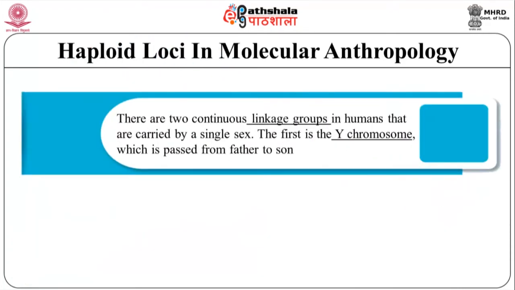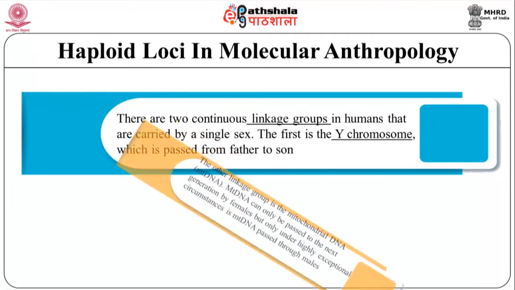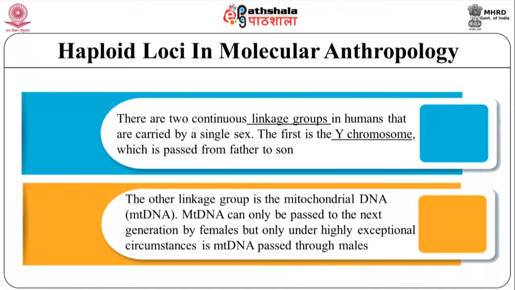Haploid loci in molecular anthropology. As I have told you earlier, there are two continuous linkage groups in humans that are carried by a single sex. The first is the Y chromosome, which is passed from father to son. The other linkage group is the mitochondrial DNA. Mitochondrial DNA can only be passed to the next generation by females,